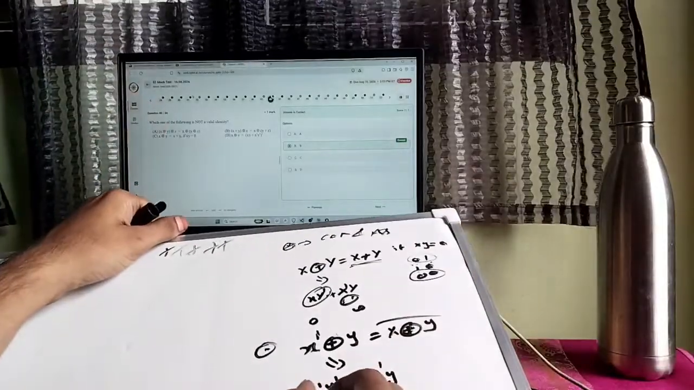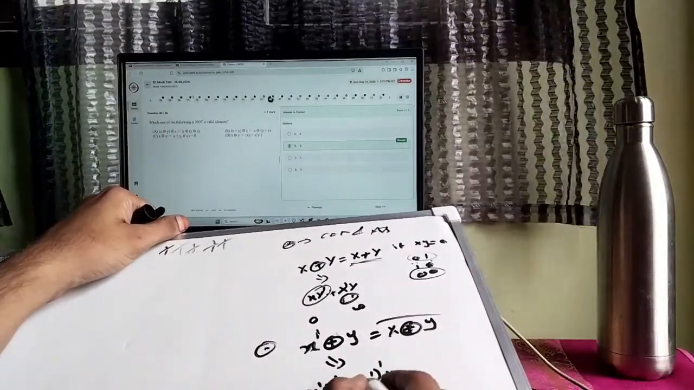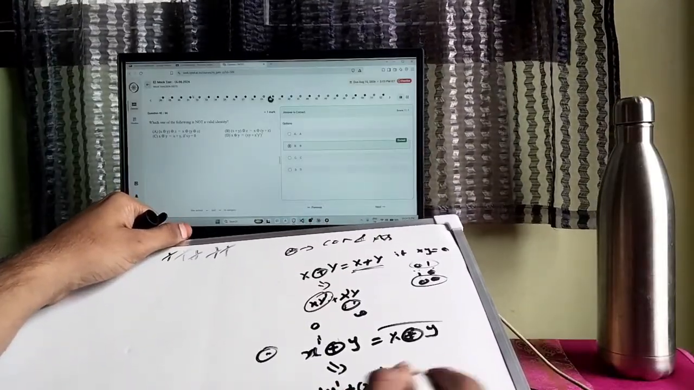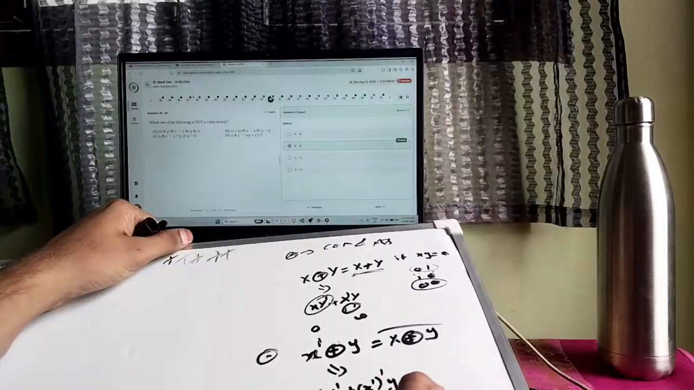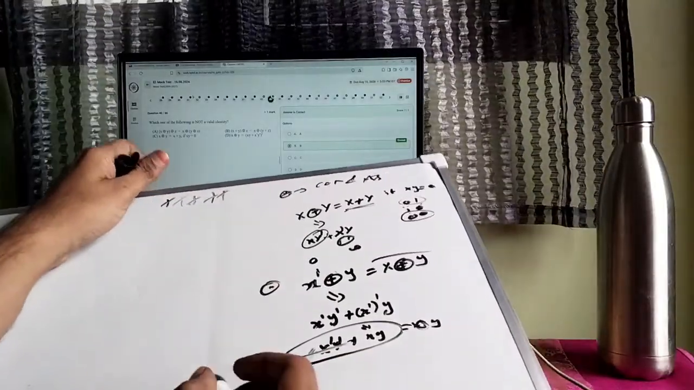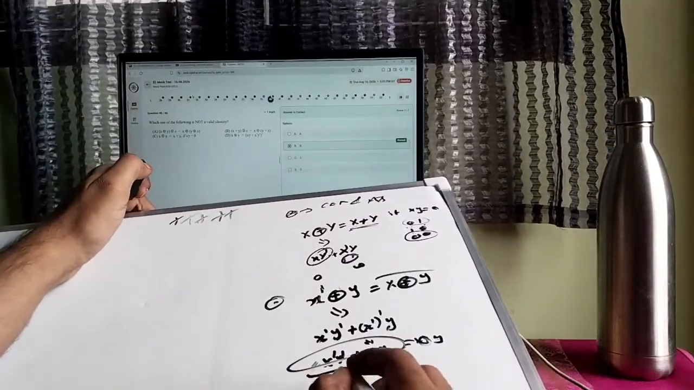Yeah, that's it, right? So it will become just xy plus x'y'. So that's it. It is equal to x XNOR y. And one more thing while solving the logical